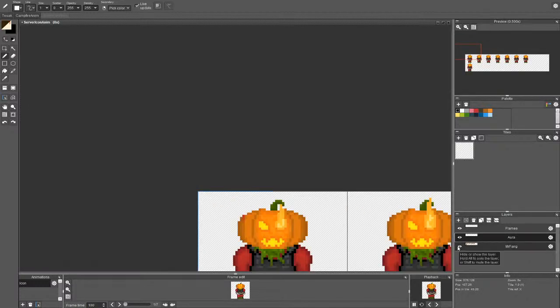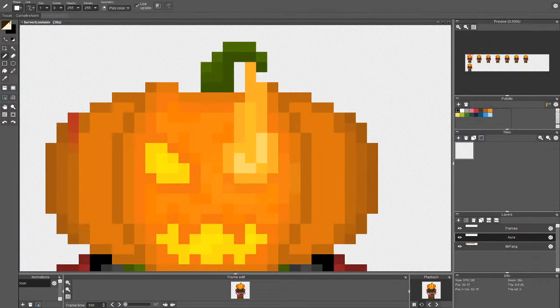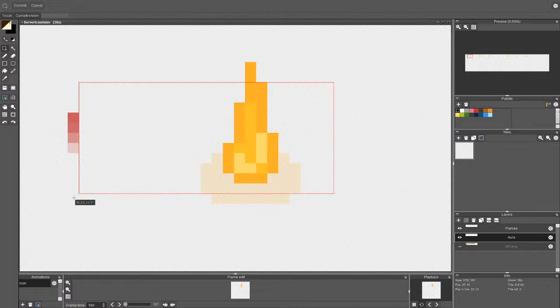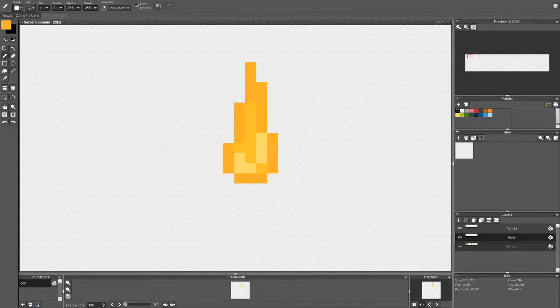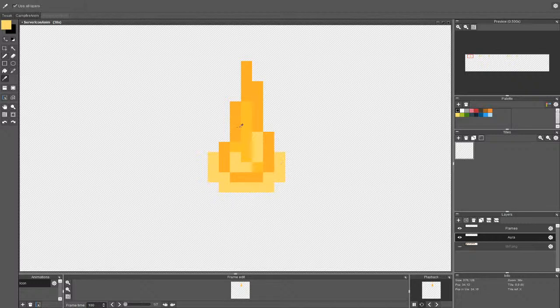Now let's enable Mr. Fang. Okay, so we know that 50 isn't... you know what, let me do something completely different. I will go for different opacity on the layer, at least for now, because that way I can test a bunch of stuff instead of just tweaking one thing over and over without any significant impact.